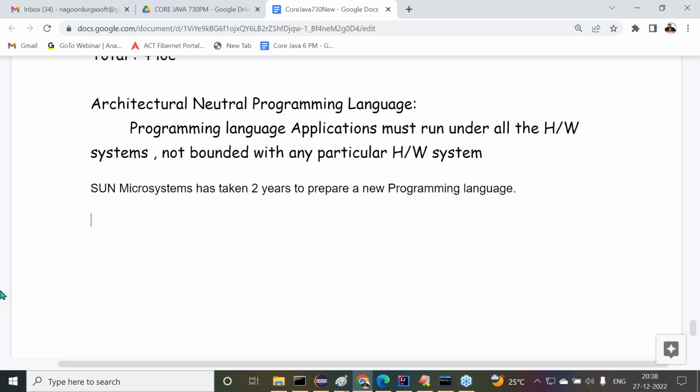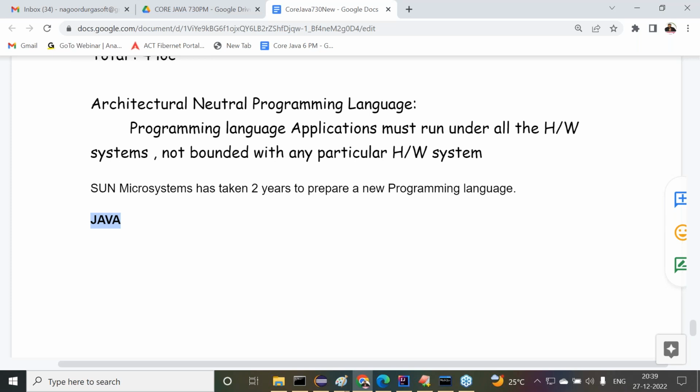Meanwhile, while preparing this new programming language at Sun Microsystems, all Sun engineers used to go to their cafeteria. At the cafeteria, they used to take one brand labeled coffee. The name of that brand labeled coffee is Java.